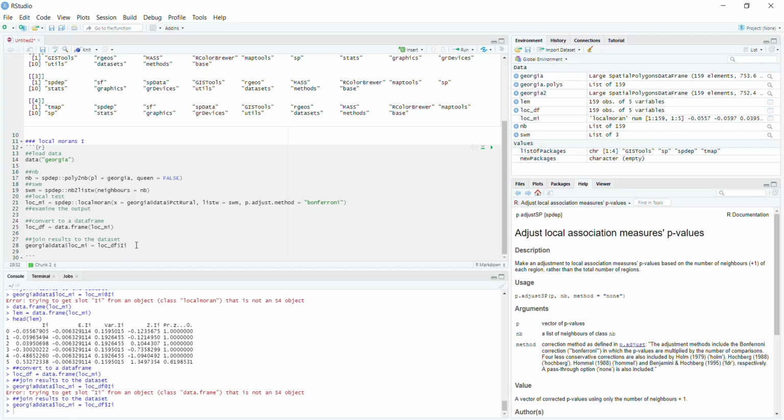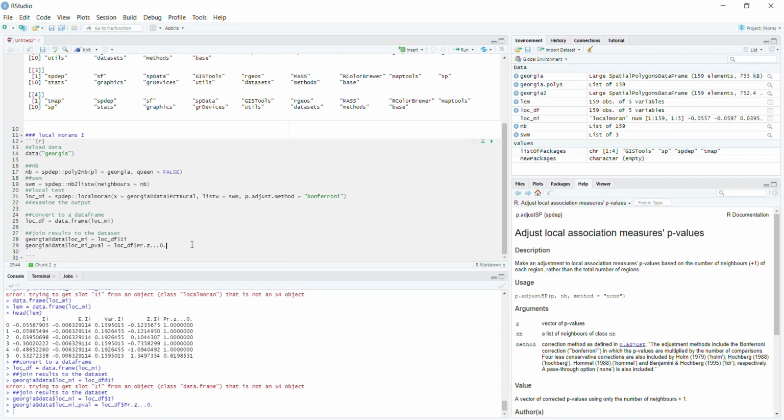All right, so now that adds the I value, and then if we do the $ sign, if we do the loc underscore mi underscore p-val, this is the p-value, and we want this to be loc underscore df $ sign, and we want to use this pr.z.zzz.0. Okay, so this is what it changed the name of the p-value into. So if we run that, all right, so now just to confirm that everything works,